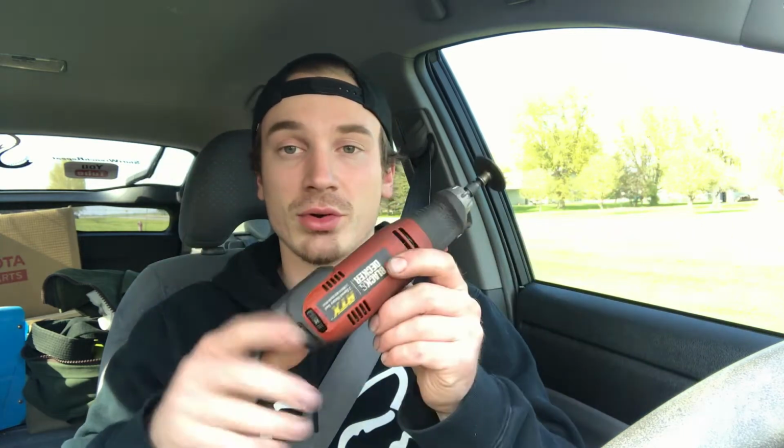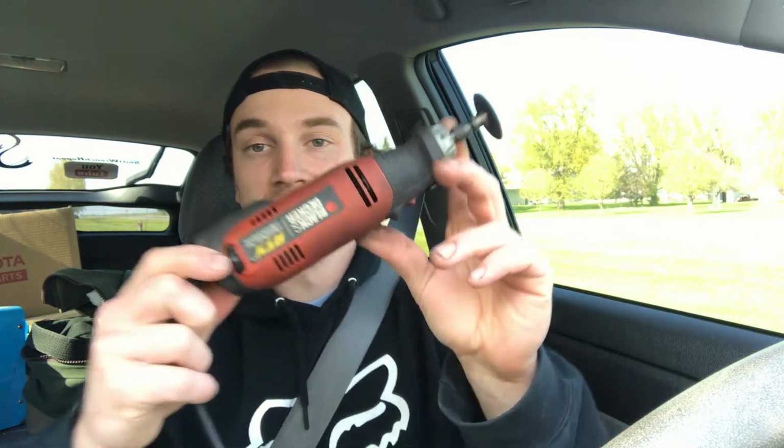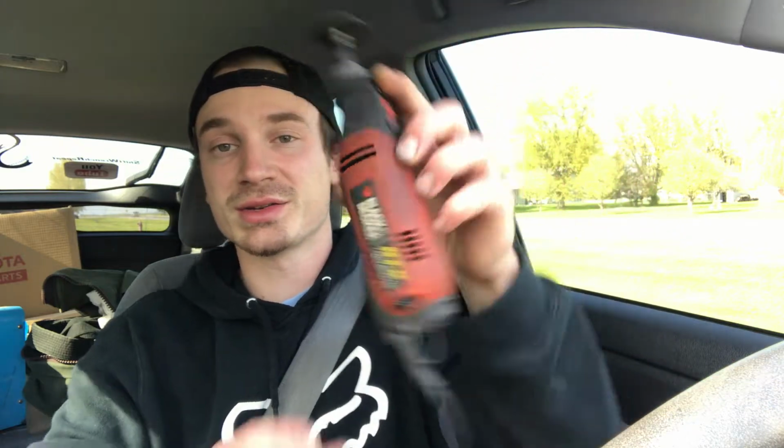Alright guys, so when I say rotary tool, I mean Dremel. It's kind of like Kleenex. A Kleenex is a brand, right? It's a tissue. A Dremel is a brand, but rotary tool is what we're actually talking about. This is the Black & Decker RTX corded model, and we are using the quick release with the Dremel Easy